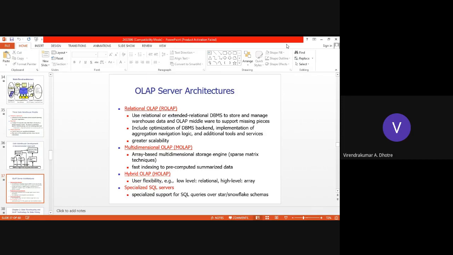So this is how your OLAP server architecture works, with relational, multidimensional, hybrid OLAP, and specialized SQL servers. All this is part of your OLAP server. Before the user specifies a query and gets results back, this is the middleware which gives services between your actual storage, the data warehouse, and the end tool.